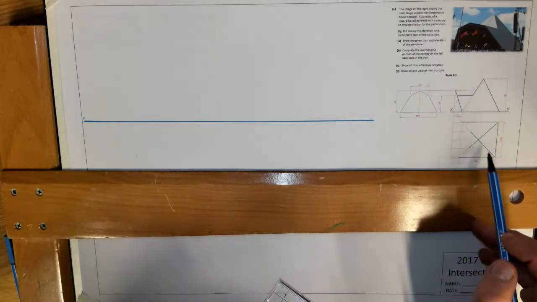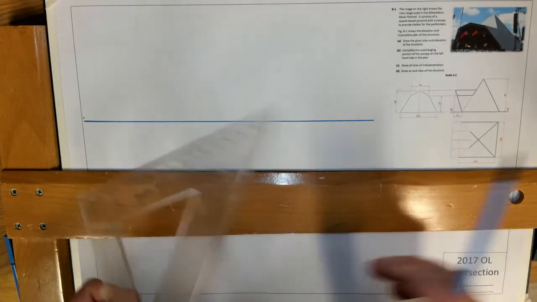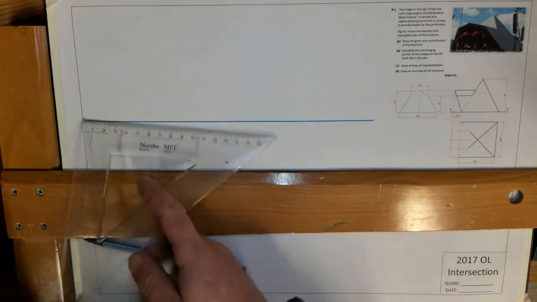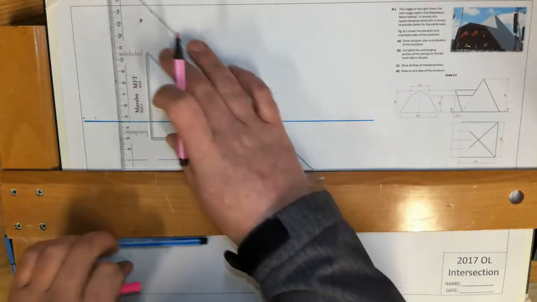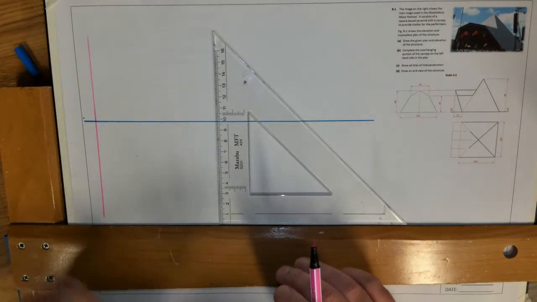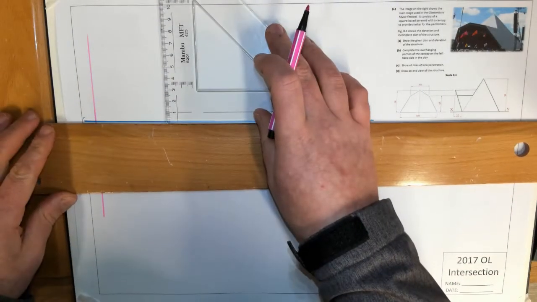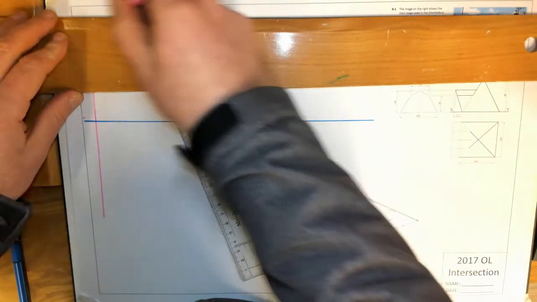So we're going to say this is 100, and we can see that the outject is 22. I'm going to come in maybe 10 millimeters and I'm going to start by drawing a light pink line. If I draw it in pink on my page, that means that it's light on your page. I'm going to draw it down on both views. This is going to be my front view, this is going to be my top view. My height was 90, so I'll come up 90